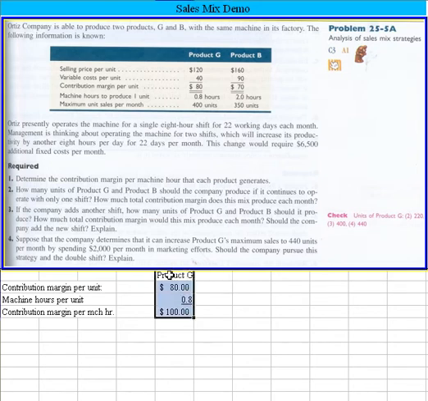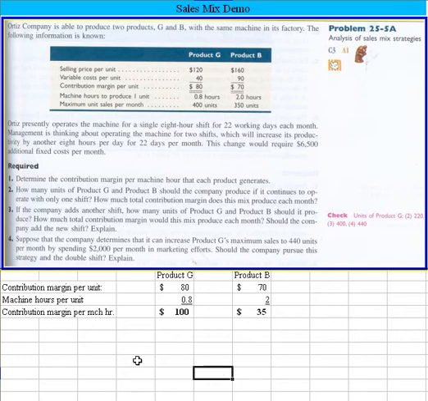Let's do the exact same thing for product B. Only in this case, we've got $70, and it takes 2 hours, so we've got a $35 contribution. Okay, let me just bold that and get rid of the decimal places. We really don't need that. We really don't need the decimal places on these either. Okay, so there's the answer to part 1, which is to compute the contribution margin